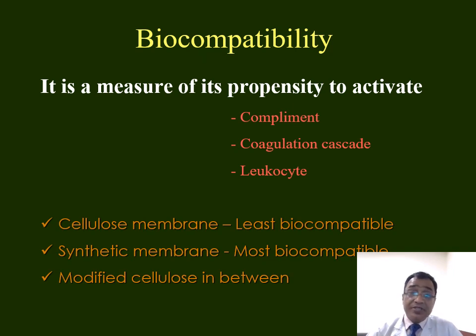That is, it induces a cascade of complement and coagulation, whereas synthetic material is the most biocompatible and modified cellulose is in between. So therefore, in CRRT, we must select a synthetic material, because in CRRT that material